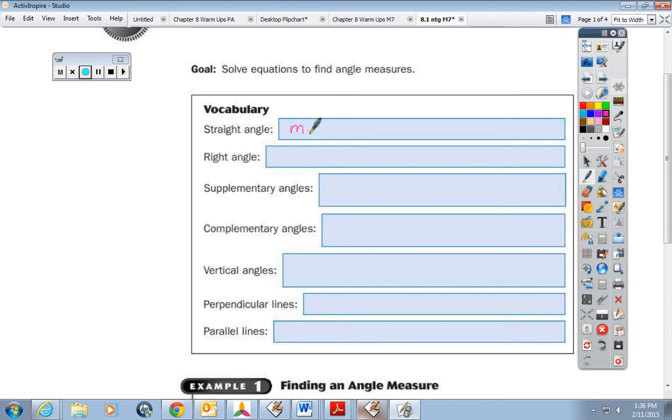So the measure is 180 degrees. And then a right angle has a measure of 90 degrees. And that's indicated by a little box. So like if you have something like this,